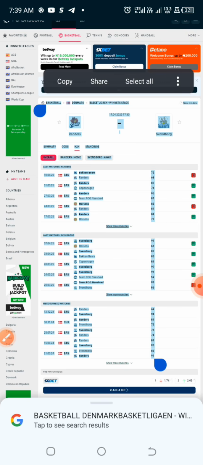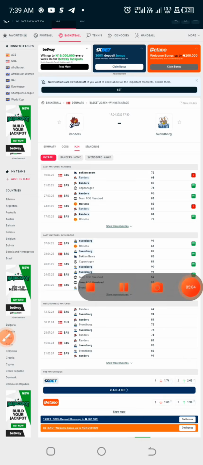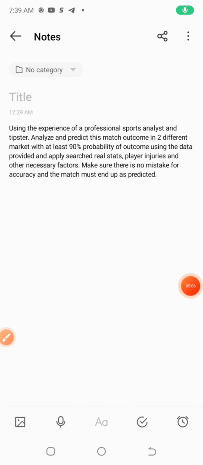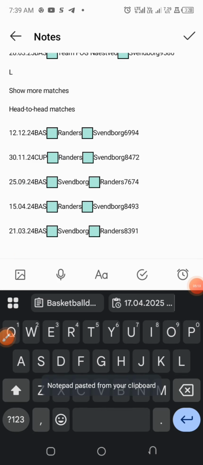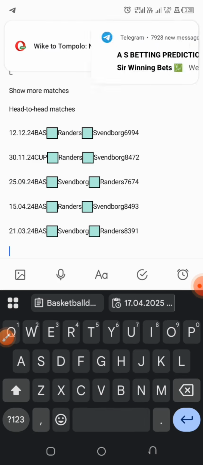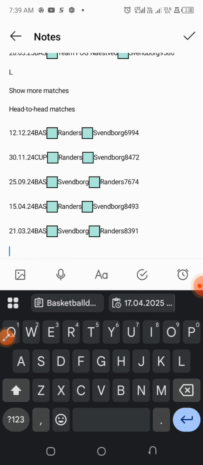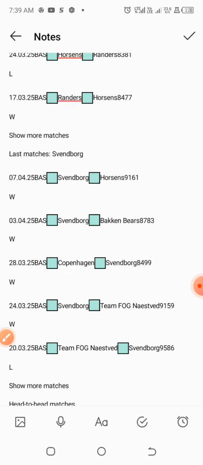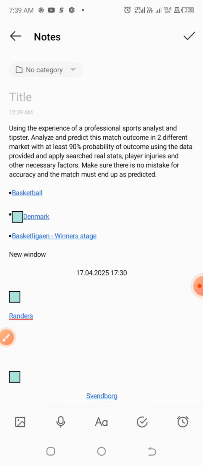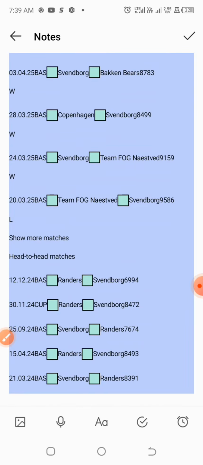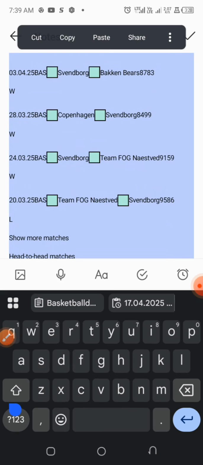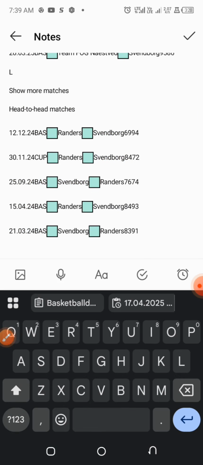Then you come back to this prompt and paste, then you copy everything all together again, from the beginning to the end.